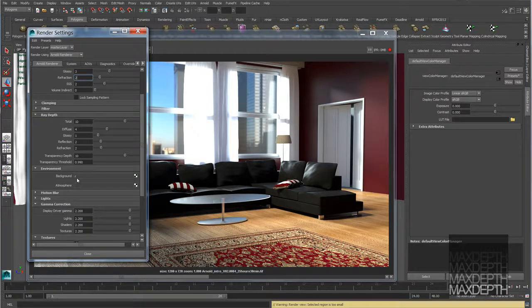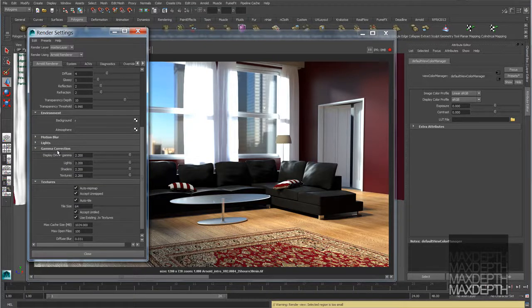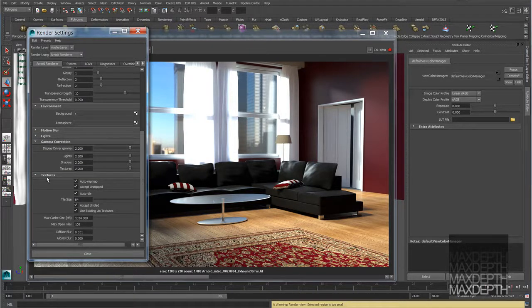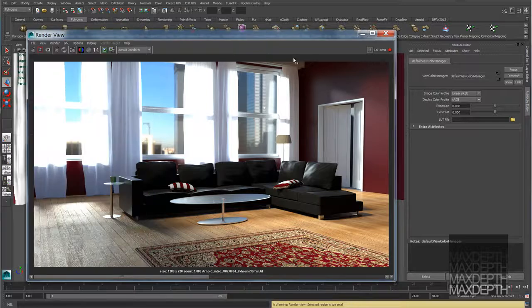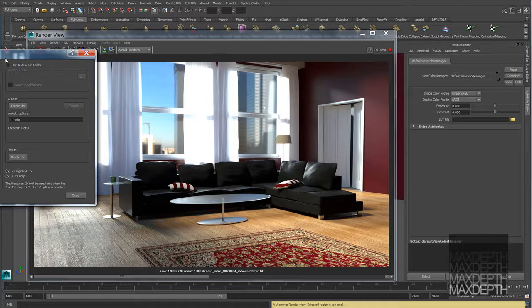Ray depth, environment. This is where we have our skydome, sky shader that correlates to our skydome light. Our gamma correction. Now textures, this was one thing that I mentioned that we're going to need to understand. You will save a ton of time by using the .tx format instead of just your standard images that you've created in Mari or brought in off the web. And how do you create .tx textures? Well, first thing you need to do is in your render tabs, click Use Existing TX Textures, and then come up here to the Arnold tab and go TX Manager,